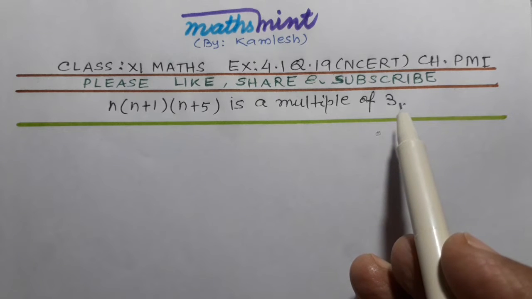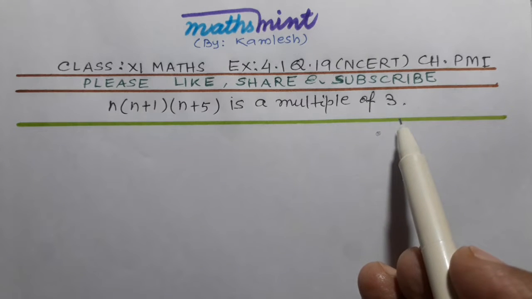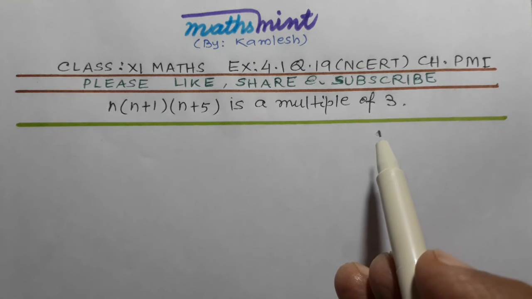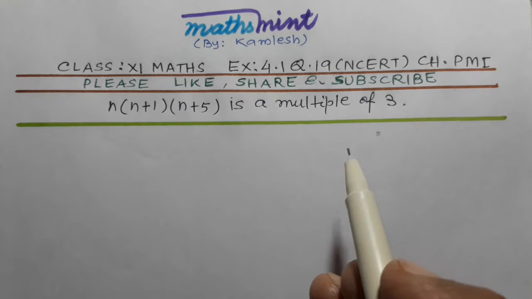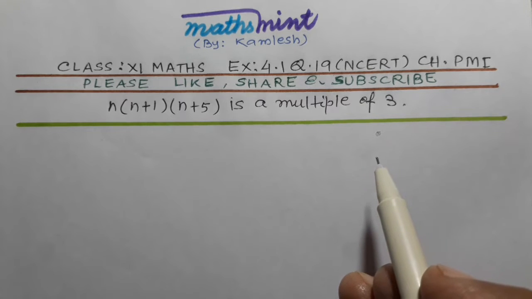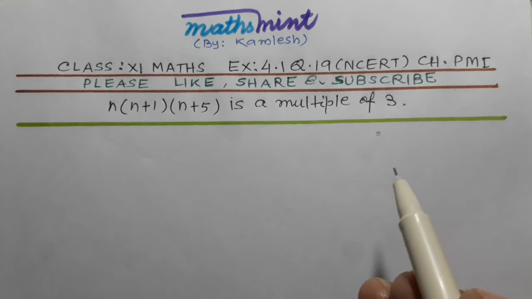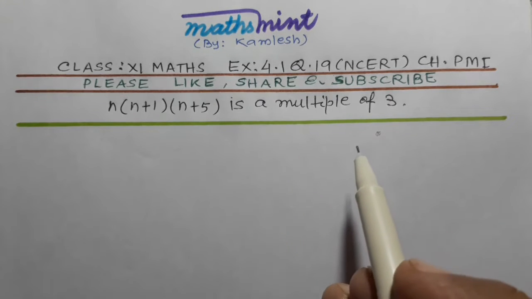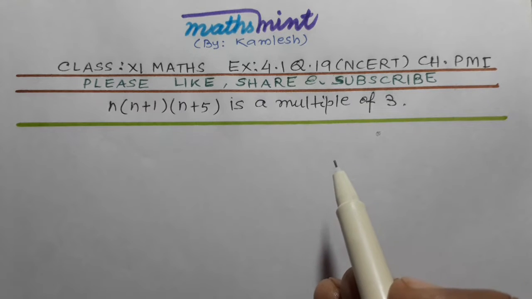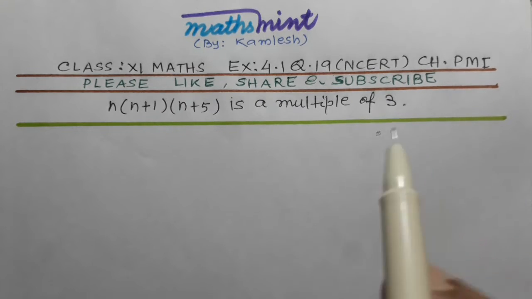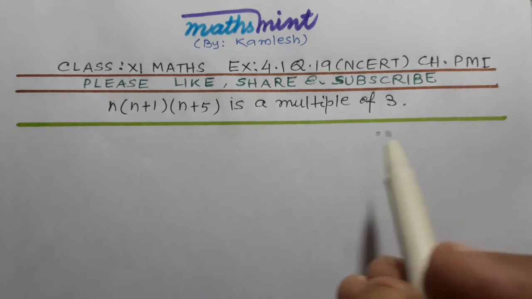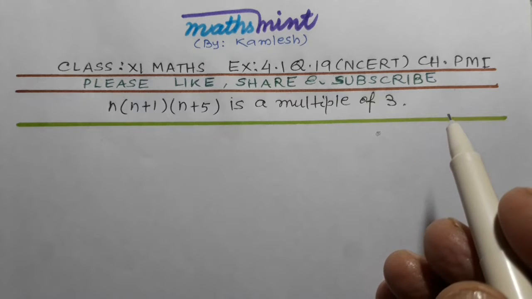In previous sums up to question 17, we had to prove that LHS is equal to RHS, whereas in question 18, it was to prove that RHS is greater than LHS. But this question is different, in which a simple statement is given and that is to be proved, so its solution is also somehow different, right? So the solution of this question will also be in 4 steps as we were doing earlier.